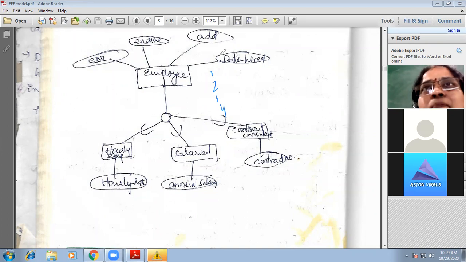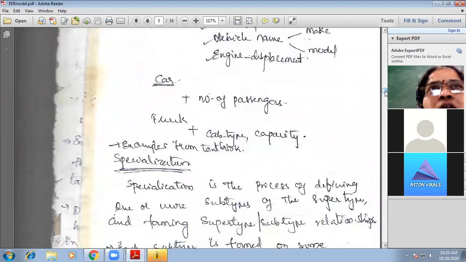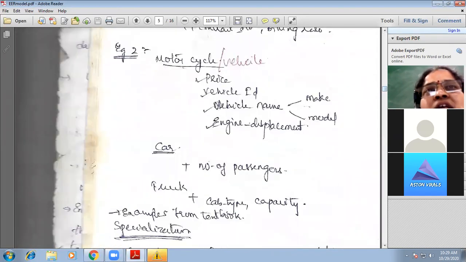Now you see another example. Here we have three special entity types: motorcycle, car and truck.